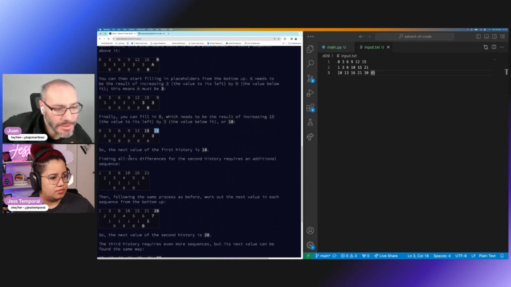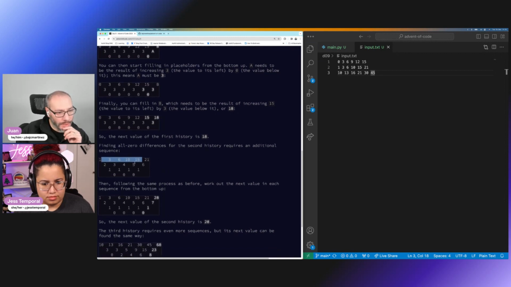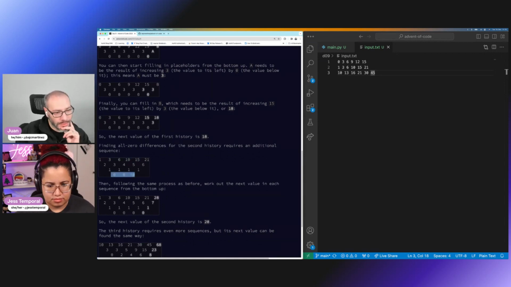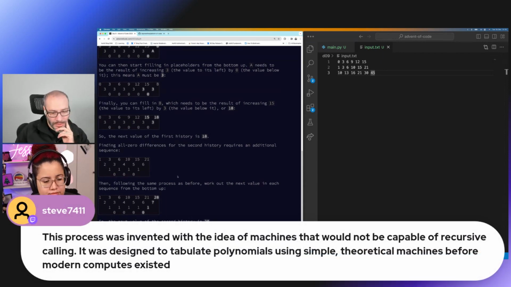And then here is another example. Finding all zero differences for the second history requires an additional sequence. So here we have another example, and now finding zeros requires 4 different calls to this recursive function or loop that we're gonna have. And then following the same process as before,